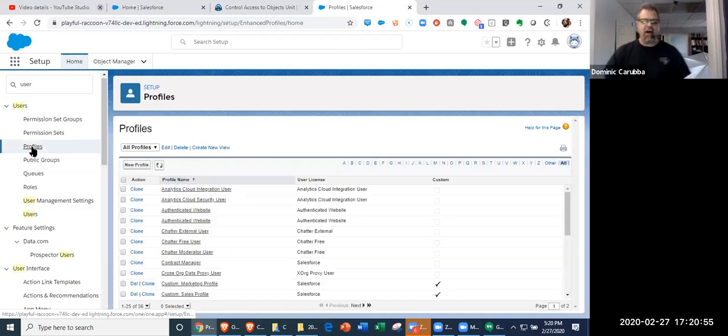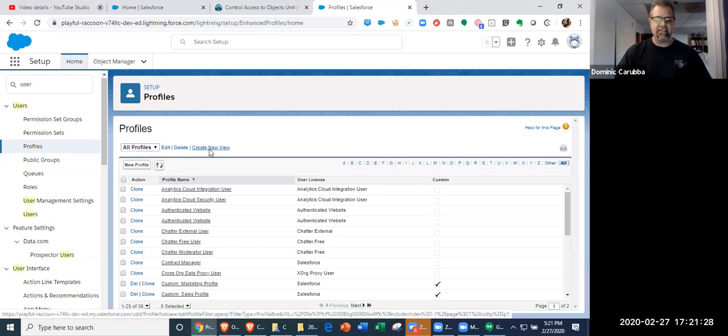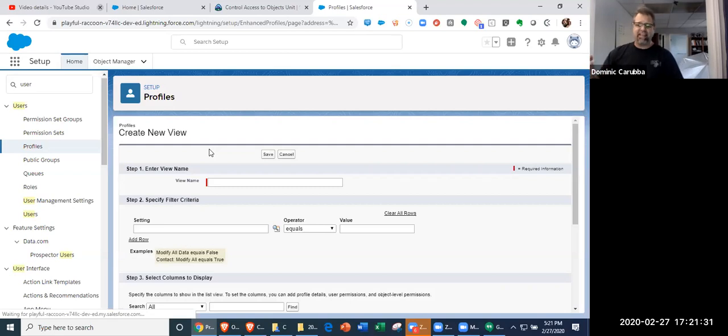Enhanced profiles list view allows you to create list views on your profile object. Everybody clear on that? The enhanced profile list view feature in the user management settings allows you to create list views. You might say, why would I create a list view? We're going to do that in a minute. But let's say you want to create a list view. Remember what a list view is, right? It's a saved search. It says, hey, I just want to have